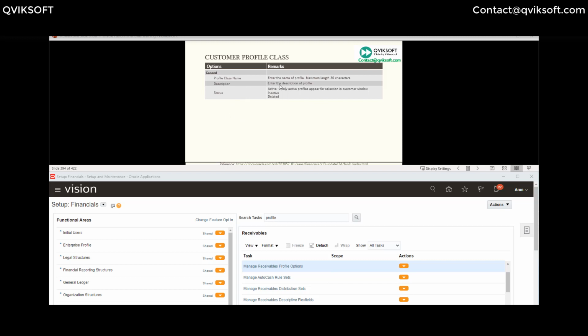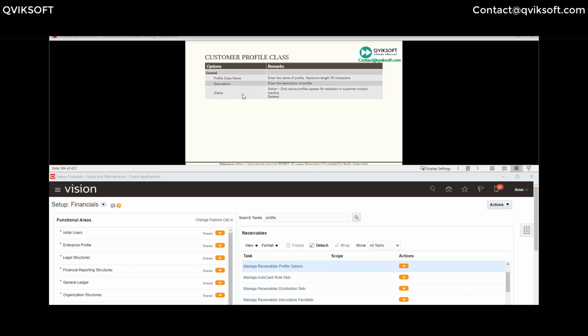You give a name to the profile class. Like I gave you examples about high value, low value, prompt payment, late payment. So we can give various names as per your business requirement to your profile class. The name has to be meaningful so that when you want to select, you should be able to select it correctly. Maximum size of the profile name is 30 characters, so you have to fit in your profile name within 30 characters. You can give a description which is longer than the profile class name to give it more detail, but I think most of the time you should be able to fit your meaningful description within 30 characters.